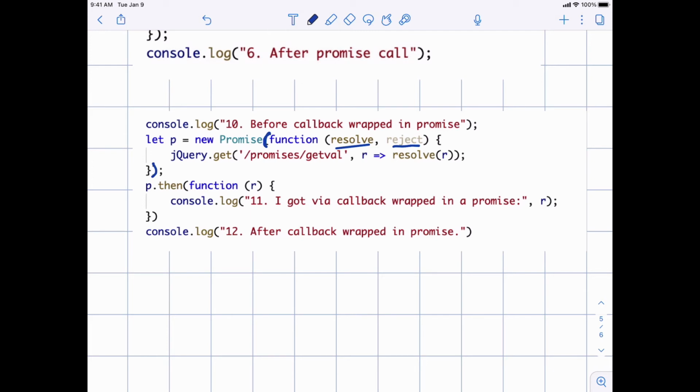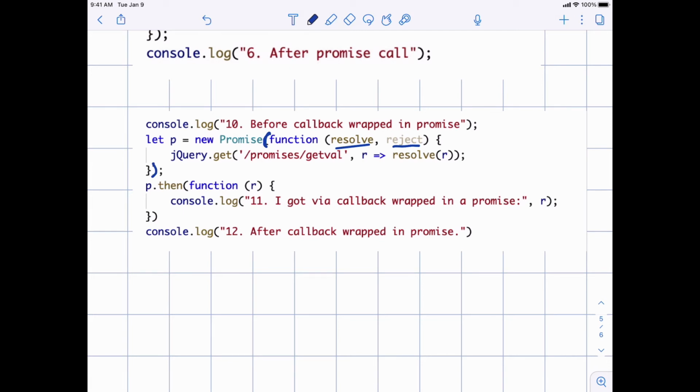And here is something interesting, by the way. The promise, we don't know how long it will take to build it in code, right? Maybe there is a lot of bookkeeping around. But JavaScript guarantees that if you create a promise in this way and you then specify a then, even if by any chance the network call was super fast and the result was already available, the then part would still get executed. So the promises give you this guarantee that what you specify via the then always gets done.